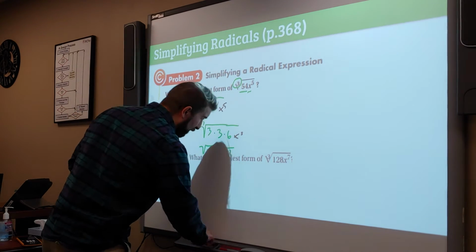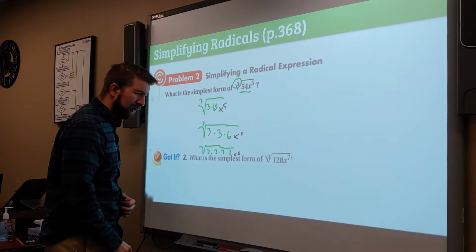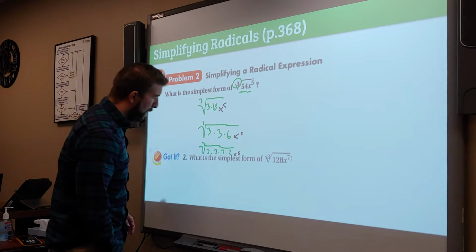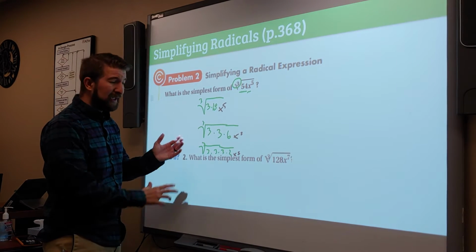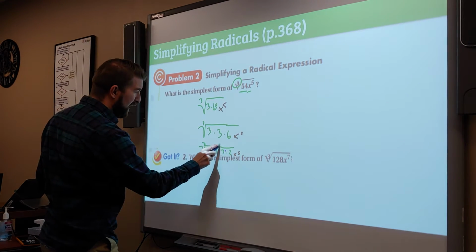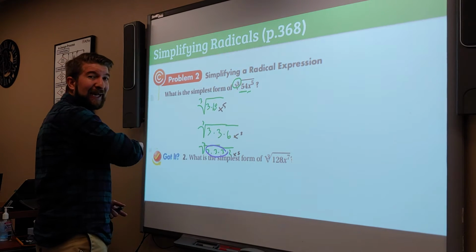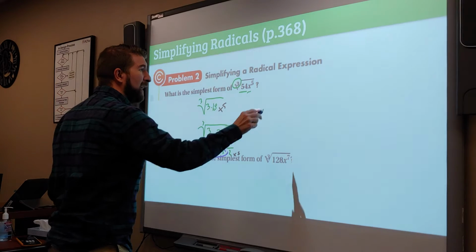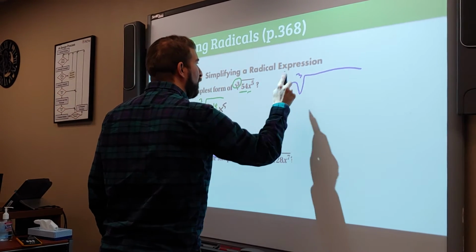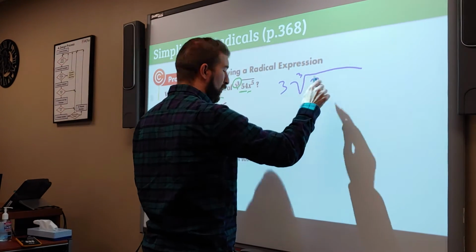And then I still have my x to the 5th. And so what I'm going to do now is, remember, I have this cube root, right? I can either group these together and say, okay, I've got 3 3s, and anything I circle or match 3 of, I could take that out. And so I could rewrite this as 3, and then the 2 is left over, 2